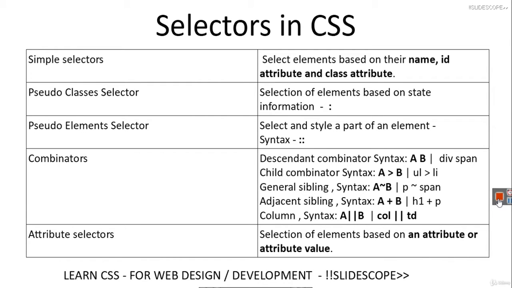In the previous chapter we studied selectors in CSS. We studied the simple selector. Now there are other selectors also, but we'll study these in the later parts of CSS, because using these simple selectors we can learn most of the properties. Then we have control over most of the properties. We'll come back to pseudo class selectors, pseudo element selectors, combinators and attribute selectors. Then we'll be able to understand this in a better way.